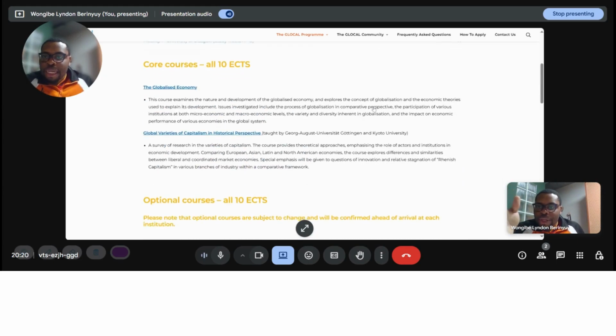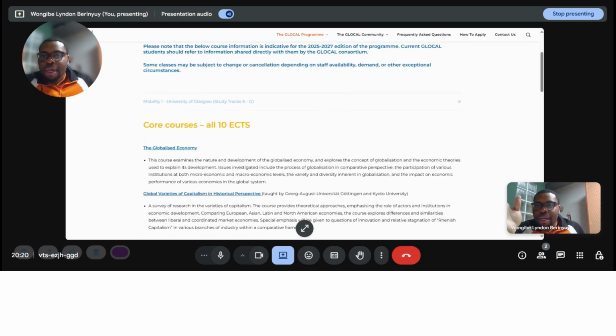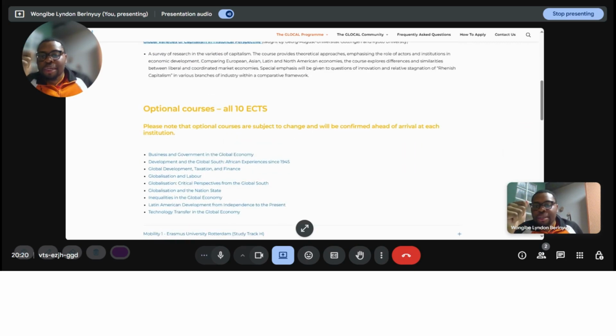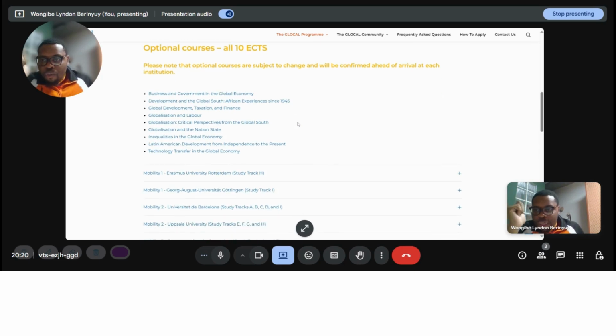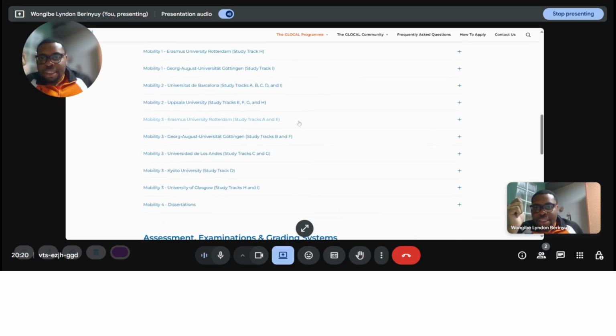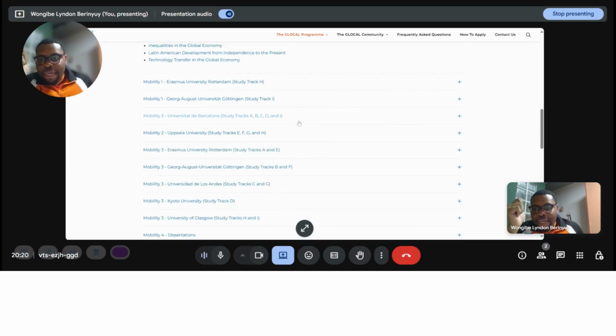So here it's telling you first mobility, University of Glasgow, tracks A to G. So in this program, there are actually 8 tracks. What is a track? A track is like